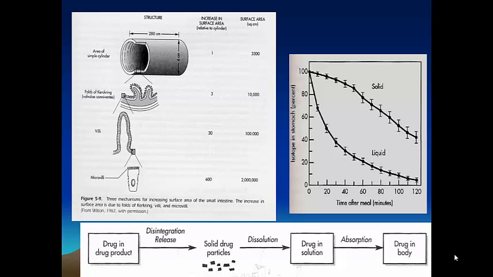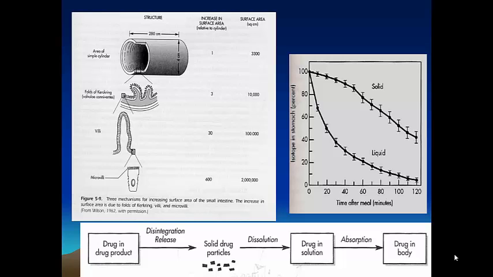And as I just mentioned, of those three steps, the limiting step is really the absorption, which is the last one. So if we give the drug with water on an empty stomach, the way we're going to speed up the first and second steps, which are the disintegration and the dissolution of the tablets, is by giving that tablet with water, because basically the stomach was empty, and